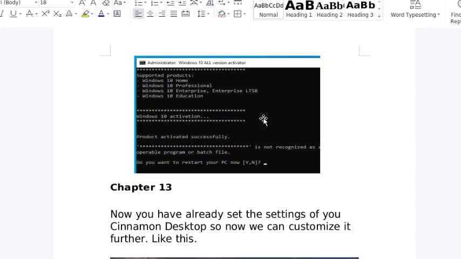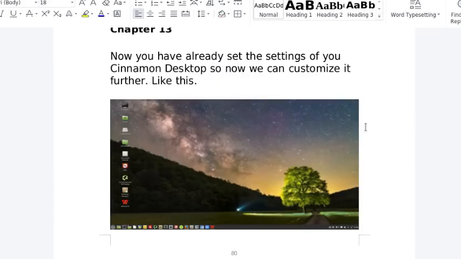Eventually, after a little while, it says product activated successfully. Now the next chapter